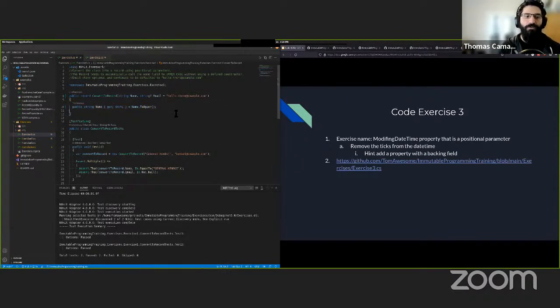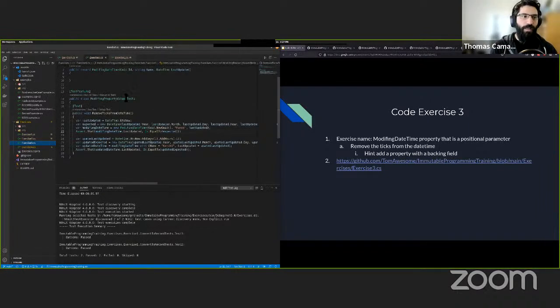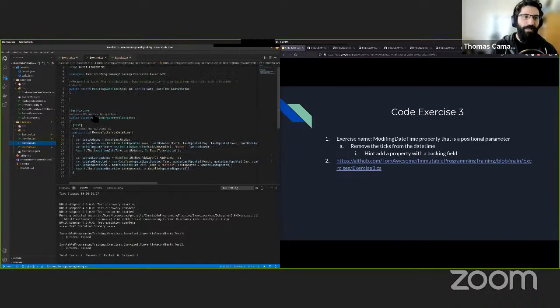With code exercise 1, if you use the with keyword to create an instance of this and change the name to something else, instead of General Kenobi, change it to Obi-Wan, that name value will not be uppercased. And we'll get into how, with code exercise 3, to modify a value, including when it is done with the with statement. Okay, so if I come in here and run my tests,